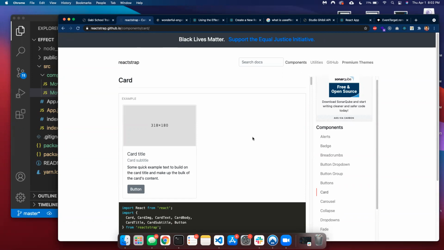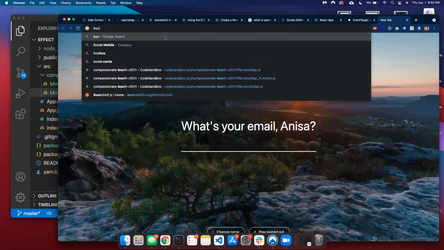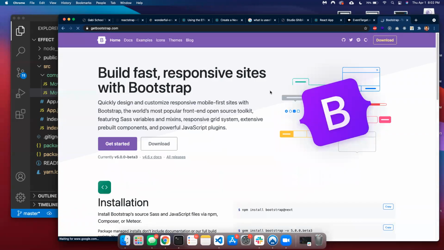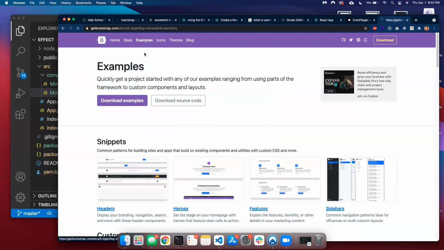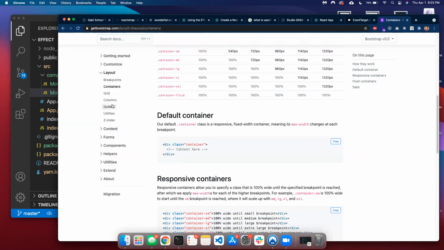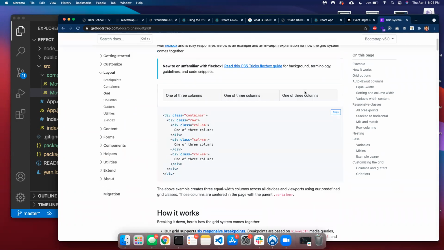I don't know if you guys know anything about Bootstrap. We haven't studied a lot about Bootstrap, but Bootstrap uses Flexbox, which we learned. So Bootstrap has something called layout. If we go to the Bootstrap docs and go to layout, they have this type of layout, grid. So you can make it into smaller, three columns,